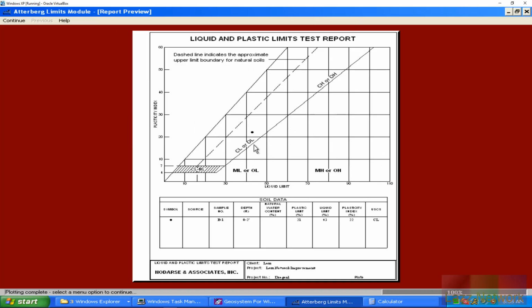As you can see, you got CL or OL, and the OL and the OH just indicates if it has organics, is the whole thing. So you have to do an organic content. This by default isn't going to say OL or OH, but you can always manually change the classification. So if we had organic-y